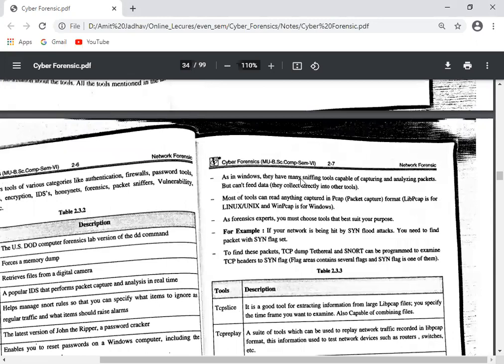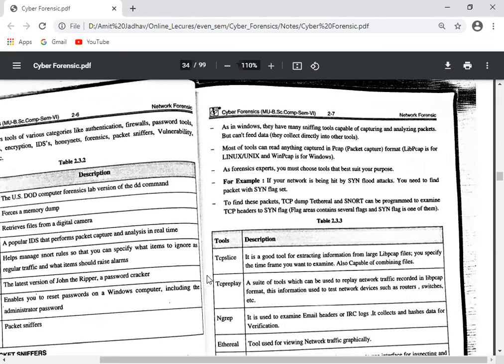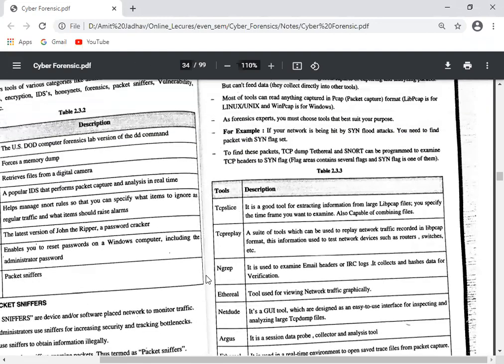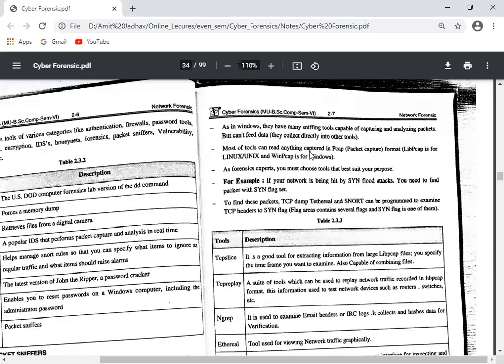On Windows, there are many sniffing tools capable of capturing and analyzing the packets, but they cannot feed the data that they collect directly into other tools. Most of the tools read anything captured in packet capture format.